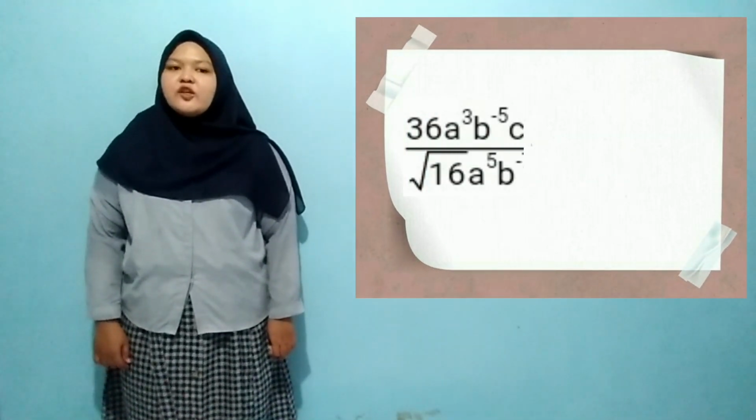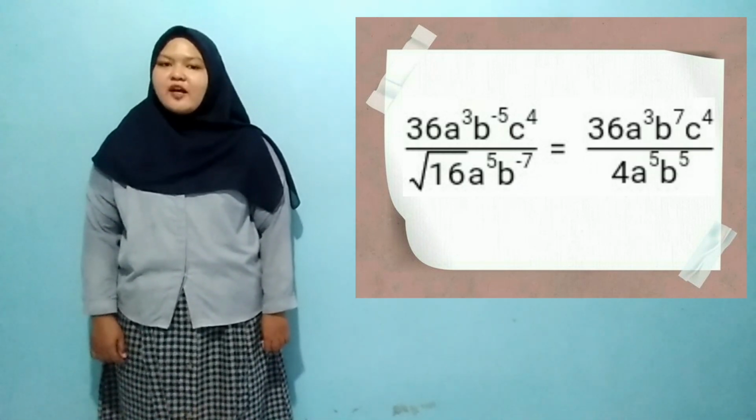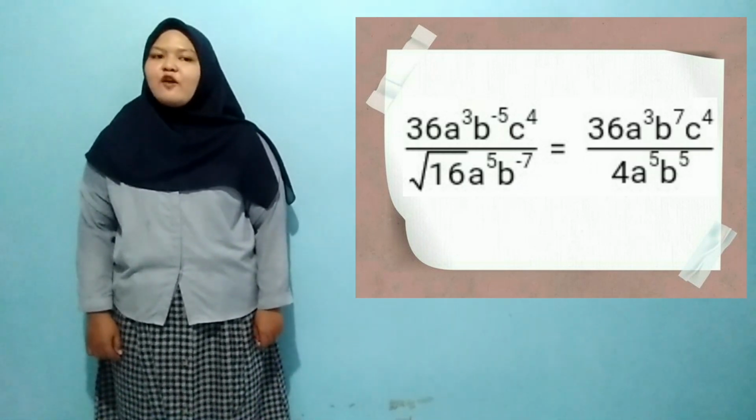Have you finished working on your pretest? Finished! Let's correct it together. The answer of question number 1: 36 times cube of a times 5 to the power of minus 5 times c to the power of 4